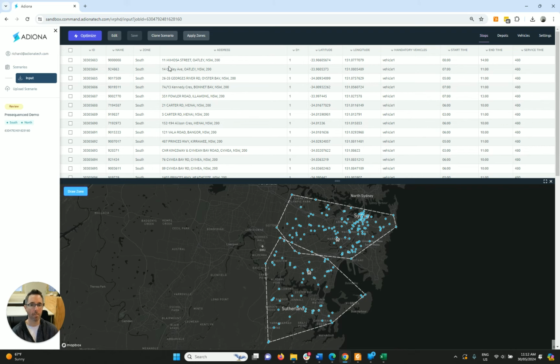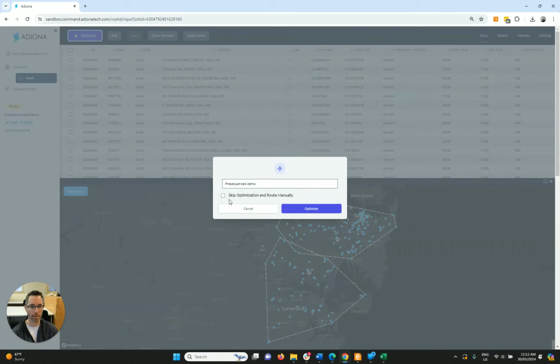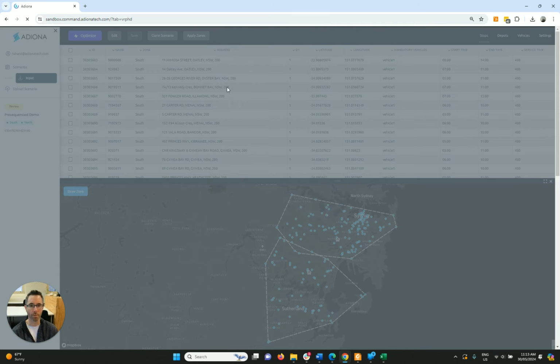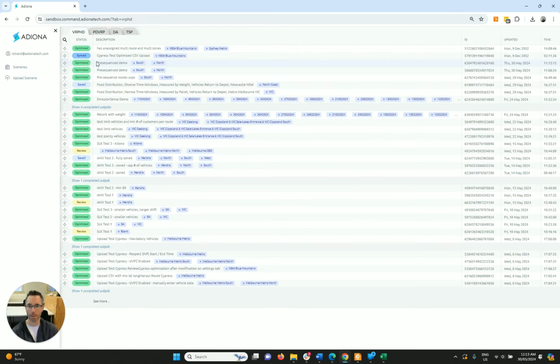I can do that, but in this case, when I click optimize, I'm going to click skip optimization and route manually. And if there's any pre-sequenced information in the dataset, that allows me to then view it on the optimized page. And I get a little warning here just reminding me that no actual optimization is going to be done. Instead, it's just going to be passed through to the optimized page. And if I open that up now,